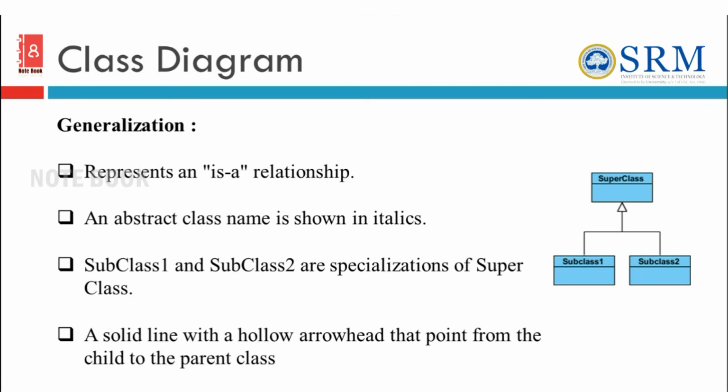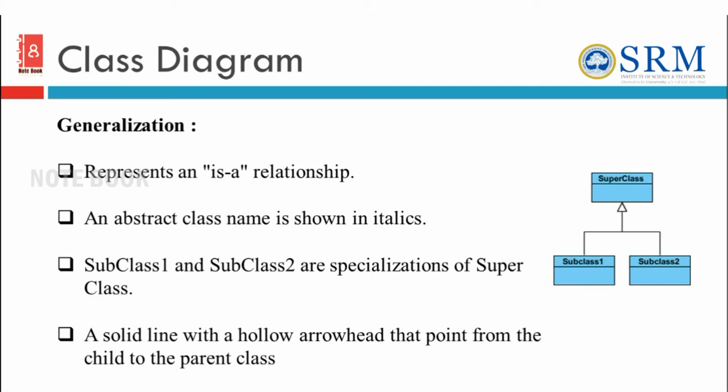Now coming to generalization. It represents a relationship. So an abstract class name is shown in italics. See the example given on the right hand side. There are three classes. The first one is superclass, and the other classes are subclass 1 and subclass 2. Subclass 1 and subclass 2 are specializations of the superclass, and a solid line with a hollow arrowhead that points